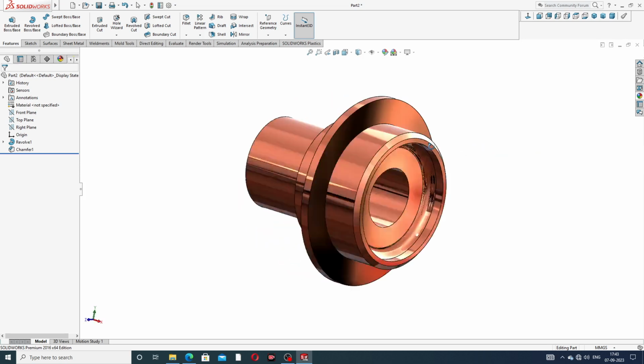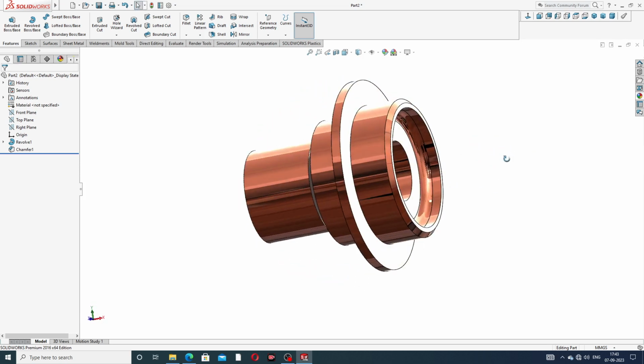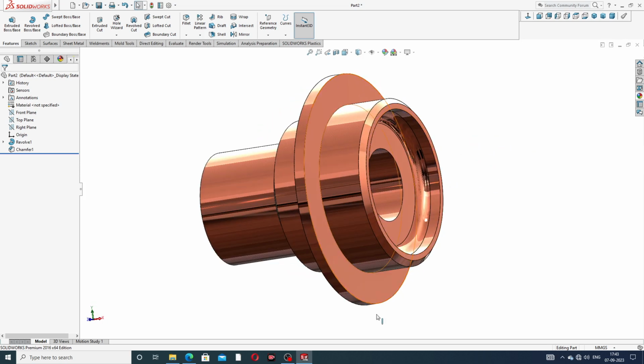And all is looking perfect, and all dimensions and all geometry is perfect. Okay guys, I hope you will learn all points here easily and clearly. And guys, any doubt about this lecture,